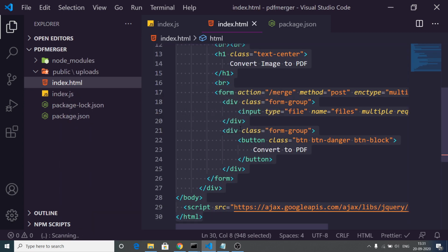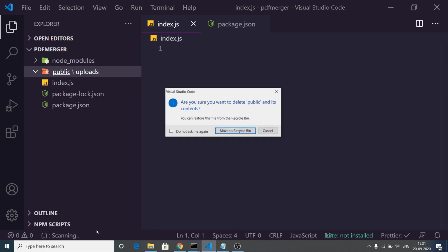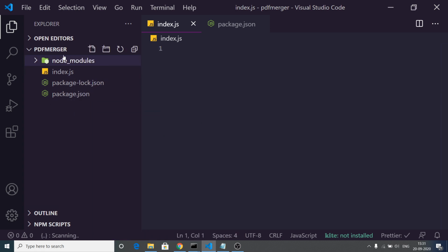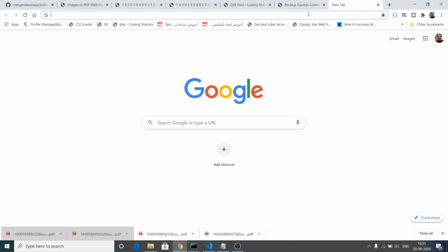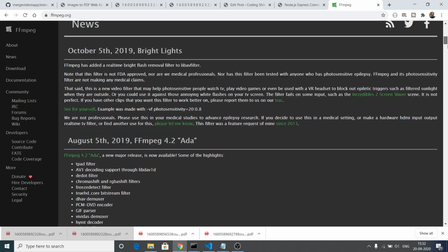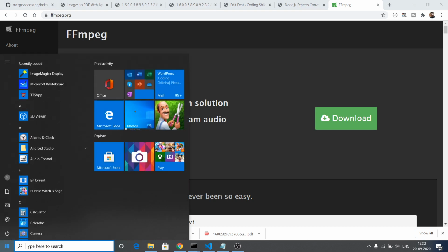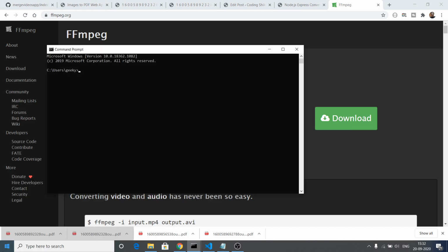So for this, I am assuming that you have ImageMagick and FFmpeg installed onto your computer, because these two libraries will be necessary in order to build this project or application. And for the first dependency, which is FFmpeg, I have numerous videos on my channel on this topic. So search on Google and download this library for your respective operating system. I am on Windows, so simply click on download and install it. After installing it, to cross check, just go to command prompt, and here you will write the command ffmpeg. If the command is successful, then you have successfully installed ffmpeg.